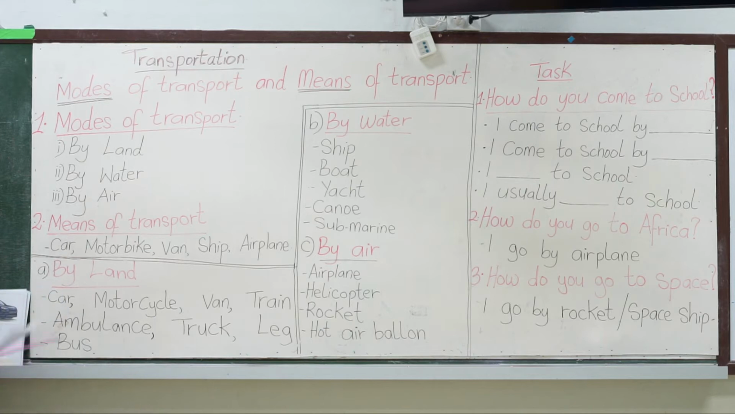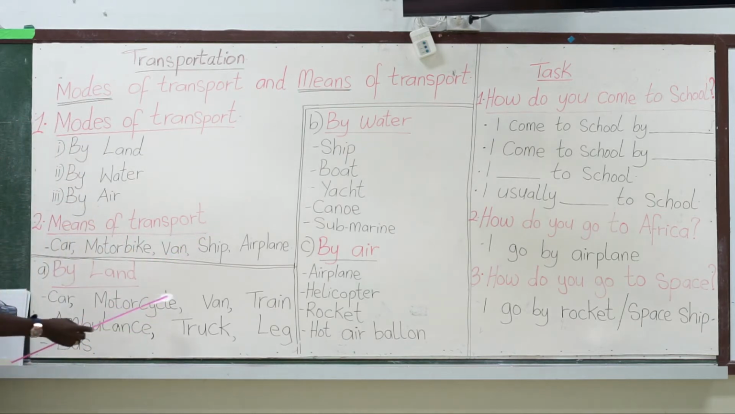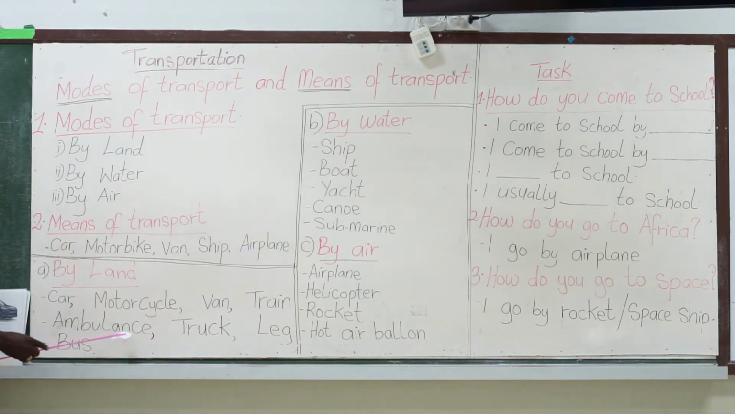So, let's start now. Means of transport by land. We have car, motorcycle, or motorbike. You say motorcycle, or you can say motorbike, or you could still say bike is good. Okay, you have van, train, ambulance, truck,